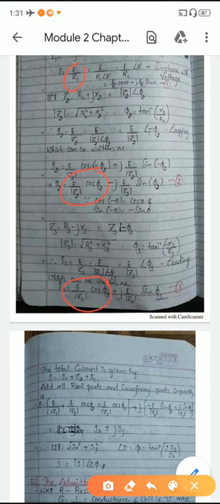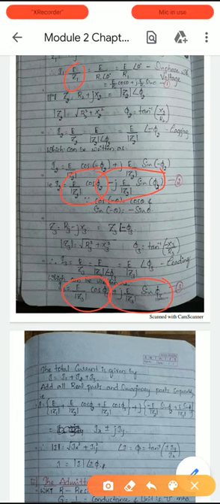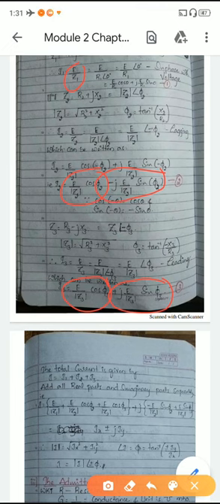There is no imaginary part in the first case, because it is a pure resistance circuit. In the second case it is minus E by Z2 sin phi 2, and in the third case it is plus j E by Z3 sin phi 3. So you will get Ix plus or minus j Iy, and the resultant will be under root of real part square plus imaginary part square, and the angle will be tan inverse of imaginary divided by real part, and whatever you get, that will be the magnitude.